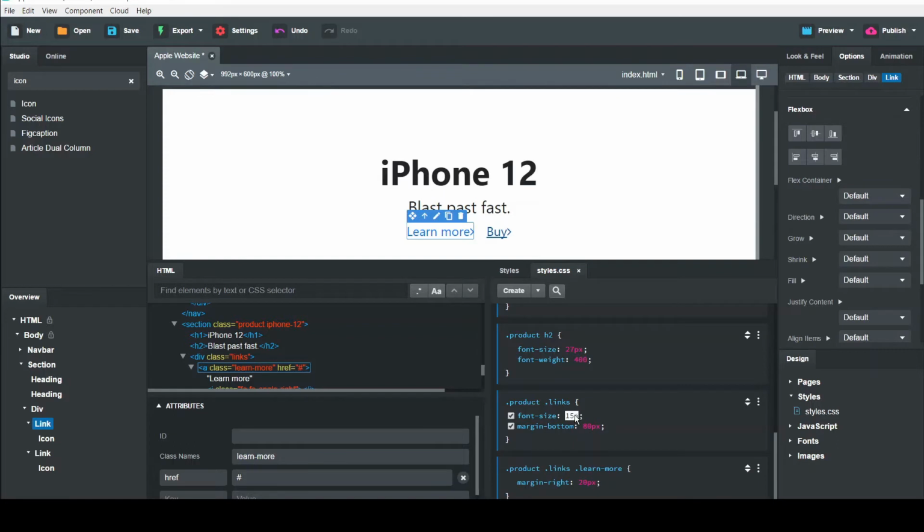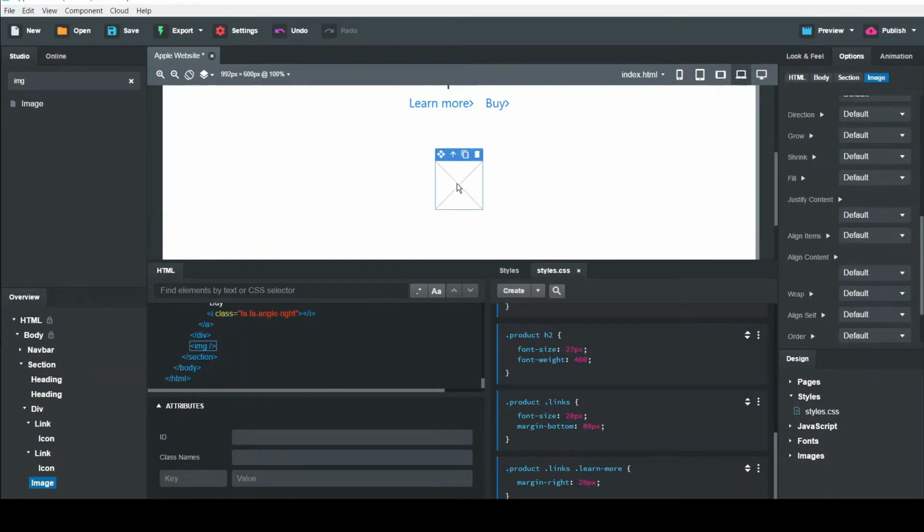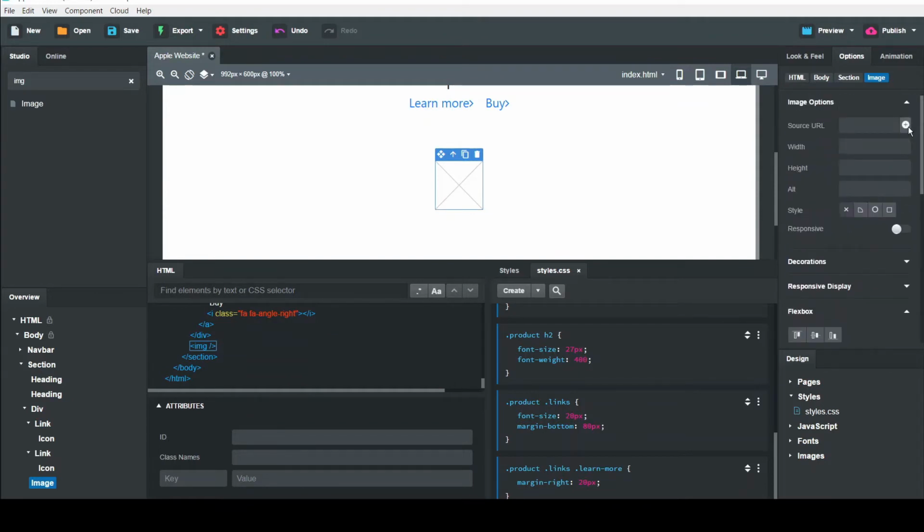Now we need the image file. So we have to search for the image and drag and drop to this section. We have to import images here to use it.